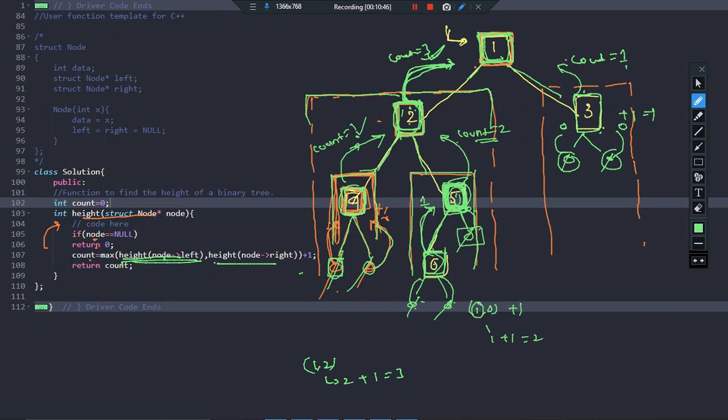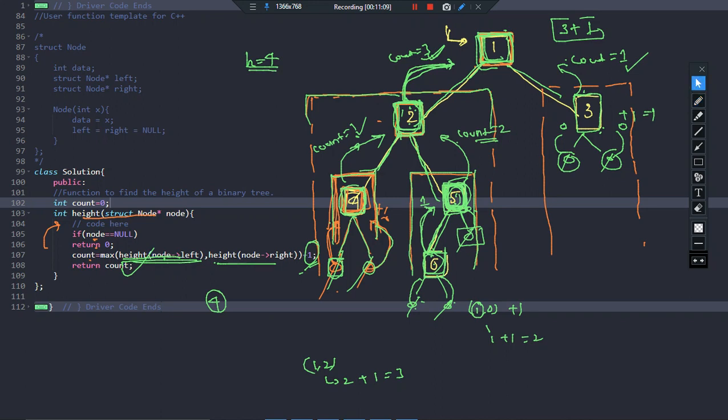So if you consider this node, its left subtree you have computed the height as 3, right subtree you have computed the height as 1. What is the maximum of 3 and 1? The maximum of 3 and 1 is 3, and you will increase what? 1, because of including this node, right? Plus 1. So what will be the result? 4, and you will return the count. So you can see height is 4, which how? 1 2 3 and 4. So height of this tree is equal to 4, the tree that I have taken.